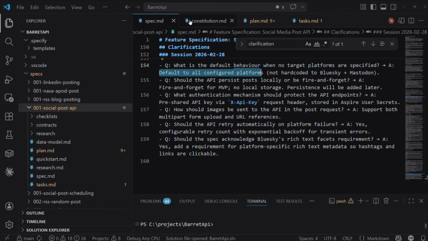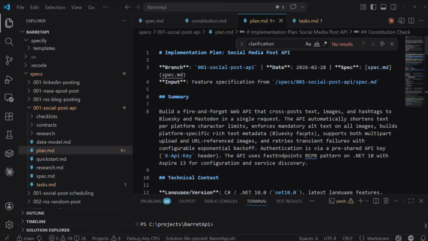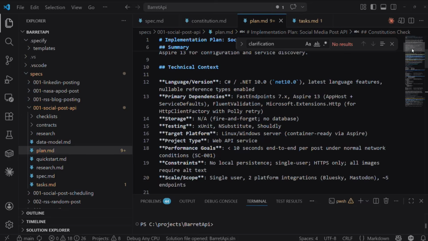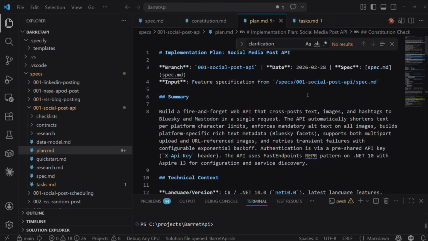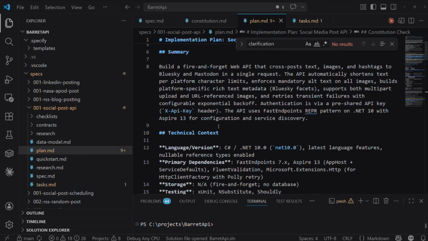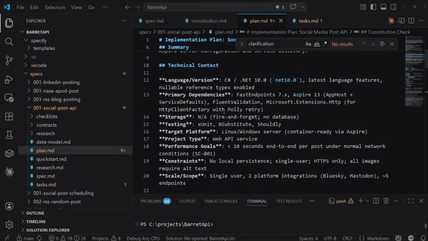So that's the specification file. The next step would be the plan document, which is the technical plan. When you run that command, you can provide the details in the prompt as well, or you can just pass in the command and it'll figure it out itself. In this particular case, because I defined the tech stack in the Constitution file, I didn't need to provide any additional details. It was able to figure out what it needed to do as far as the technical context based on what I provided in those files.